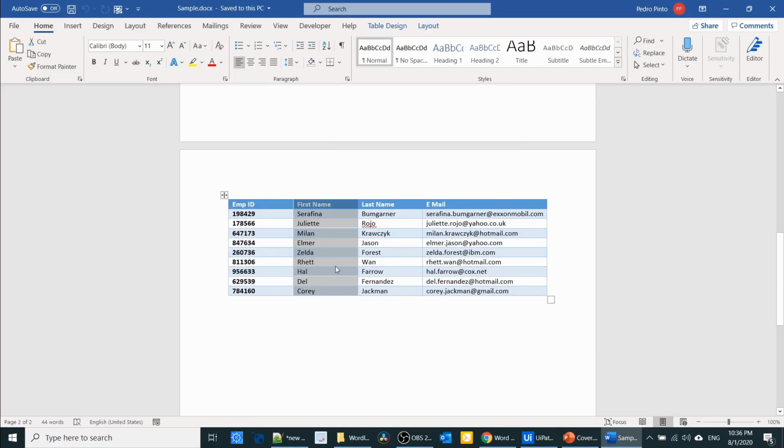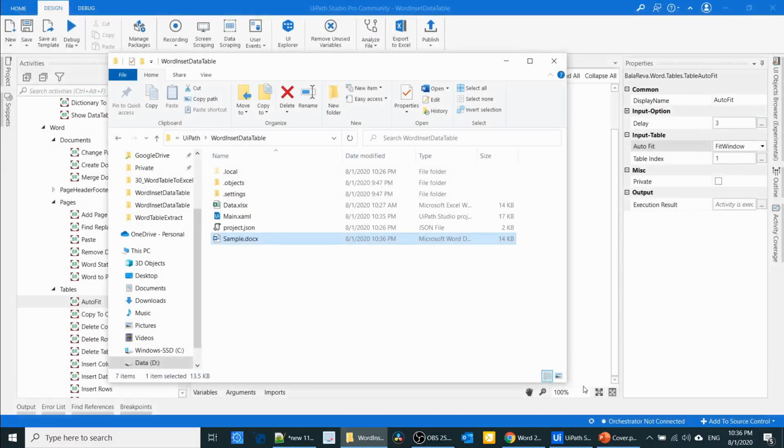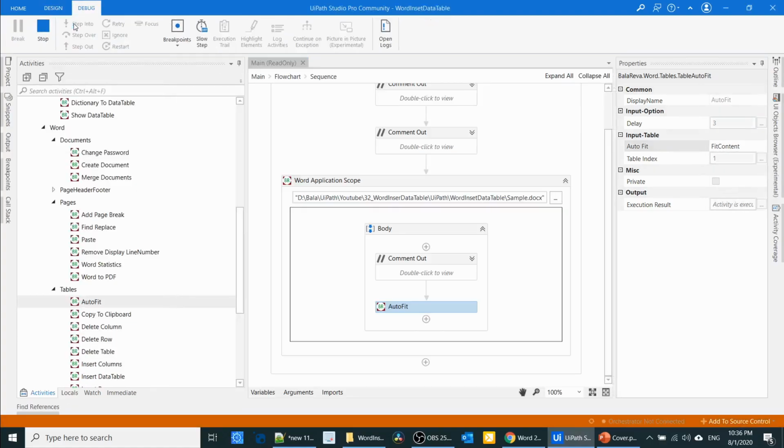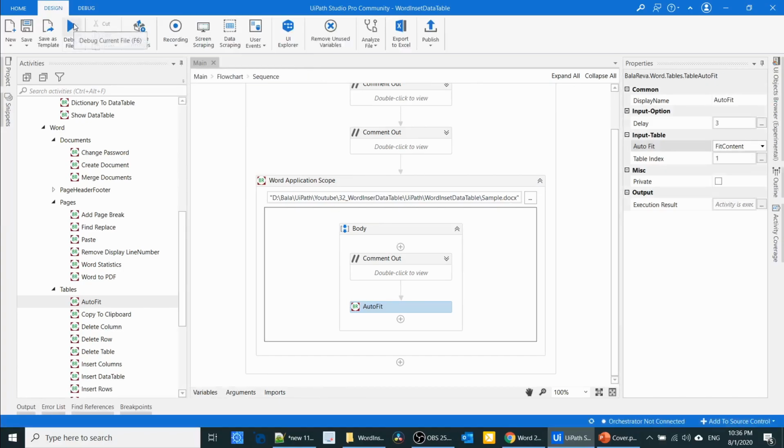Next we are going to set the auto fit content. I'm going to change this option to fit content. Let me execute the process. It's finished.